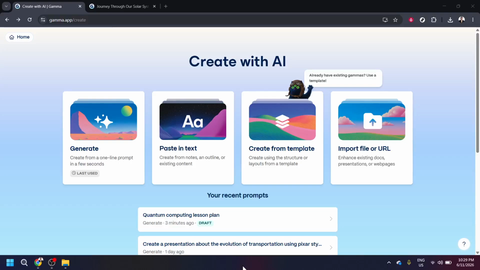Tired of generic AI presentations that miss your exact topic? You know the ones I mean. They look fine, but the content feels off. It doesn't match what you actually need. Well, today, I'm going to show you how to feed Gamma your own prompt so you get a custom deck